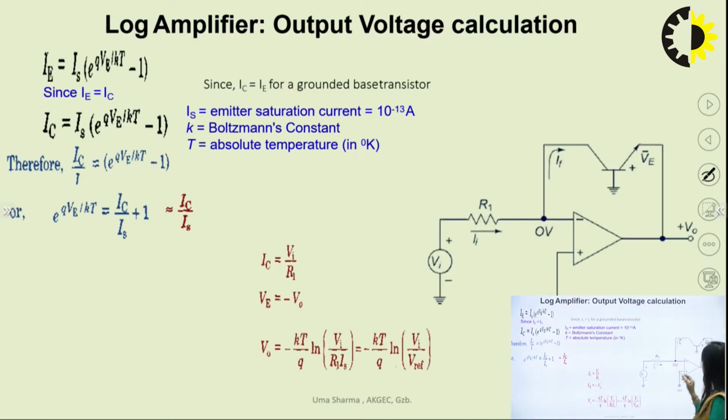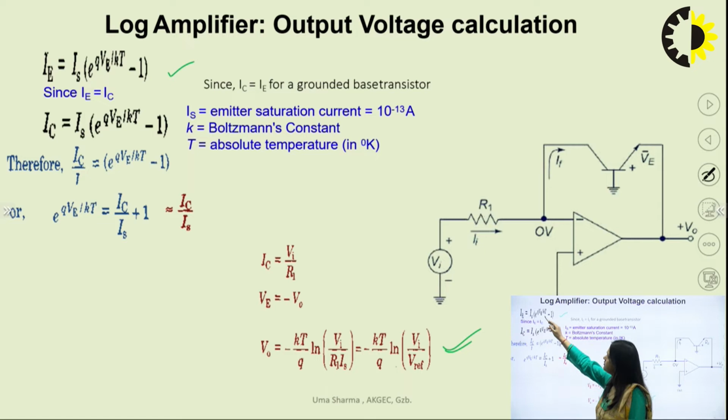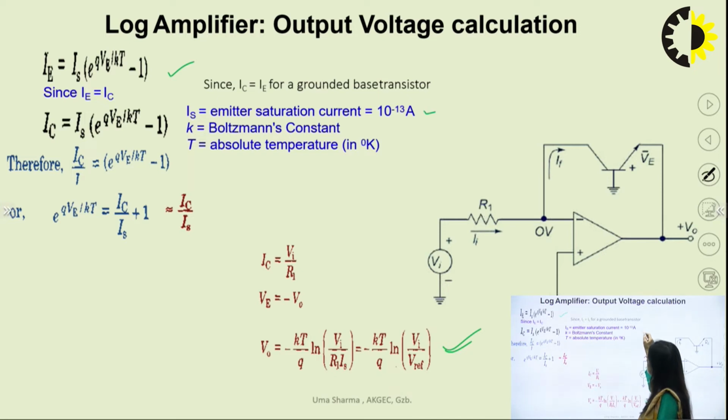Now for the BJT based circuit, this is the flow by which you can see what the output expression is, basically the derivation of the logarithmic amplifier. So here you can see that the emitter current IE can be given by IS e to the power qVBE by KT minus 1, where this IS is known as the emitter saturation current. In case of a diode, this is known as the reverse saturation current. This is the value of IS. K is the Boltzmann constant, this is a constant value. T is the absolute temperature, that is nearly about 25 degrees, room temperature.